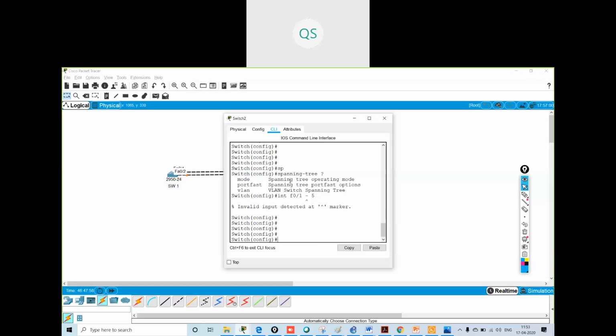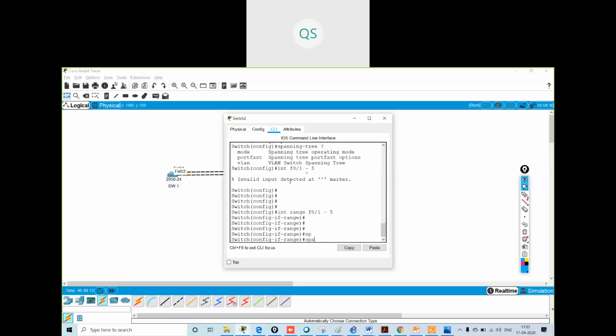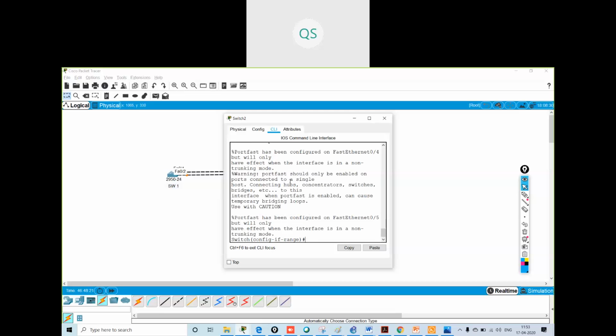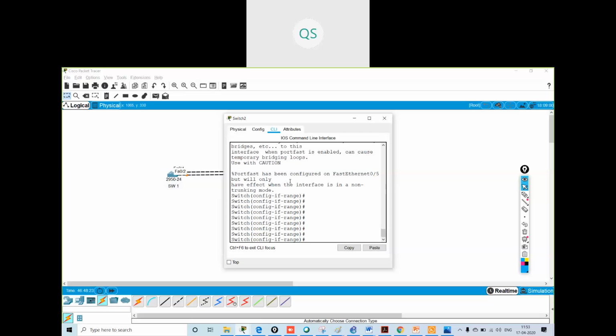Then spanning-tree portfast. I will make all the ports port fast. Got it?